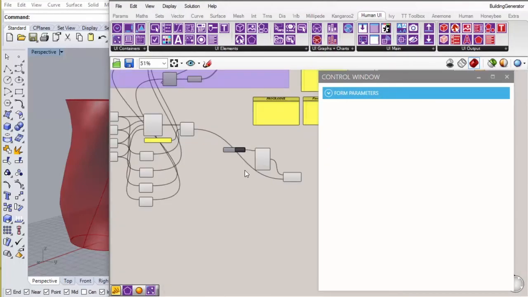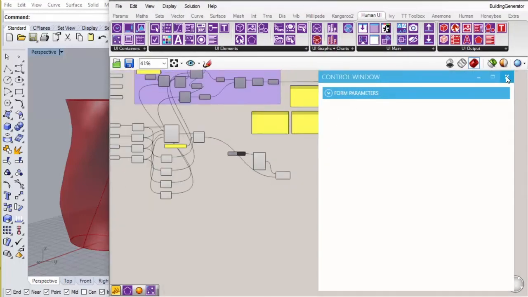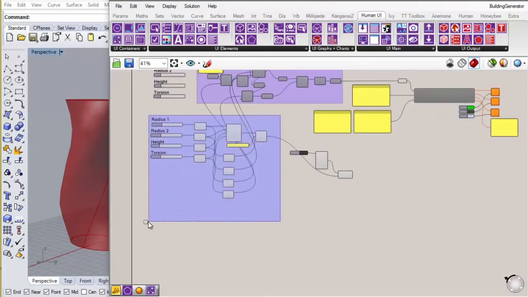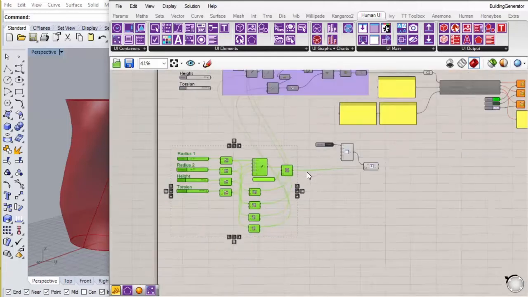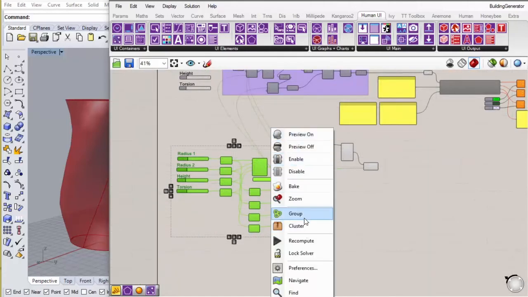So what else do we have? Let's close this for now. So let's just create a group here.